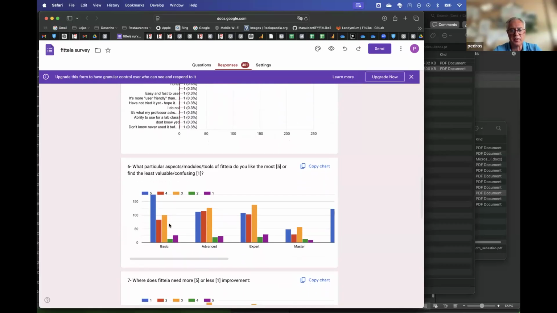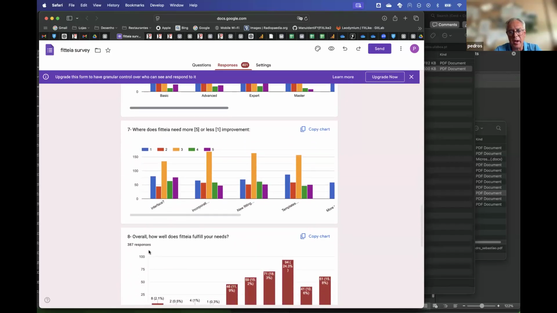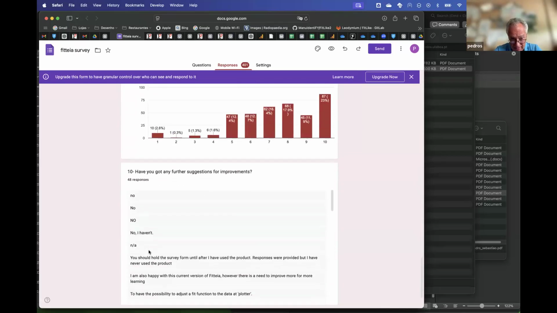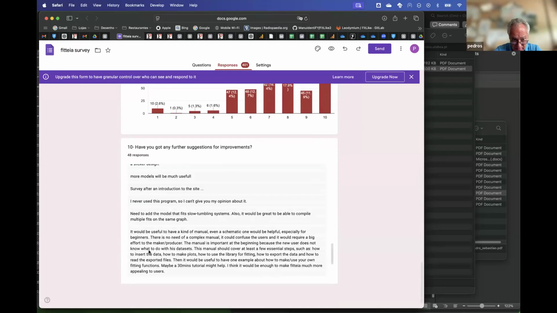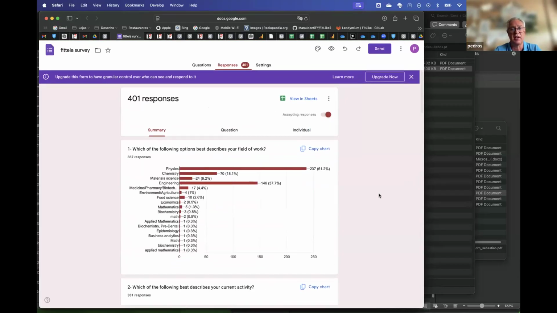Then there is the question of the basic, advanced, expert and master modules, where people would expect to have interfaces or improvements. Then some comments at the end. So I'm showing you the feedback that I'm getting from the users on a non-regular, volunteer basis. To be honest, being me alone keeping this, I don't have much time to address